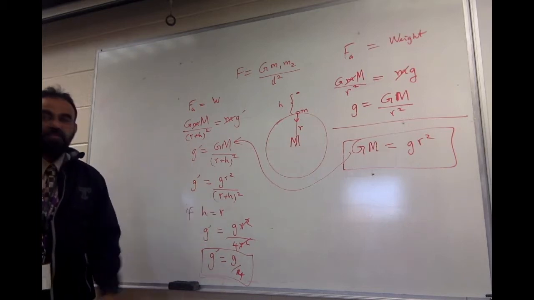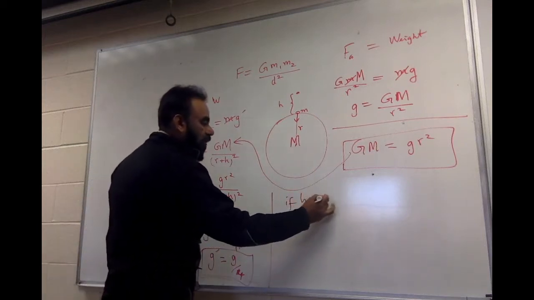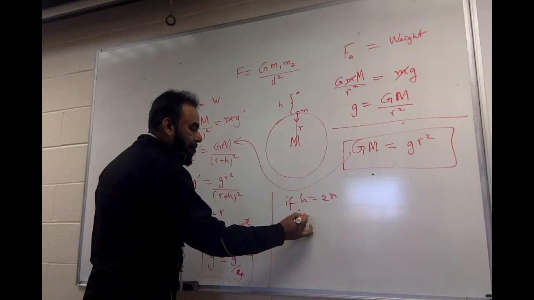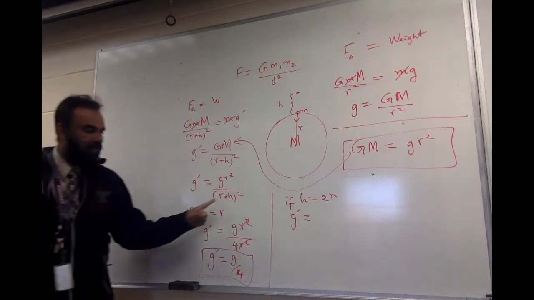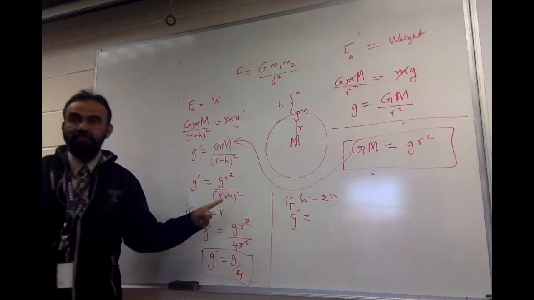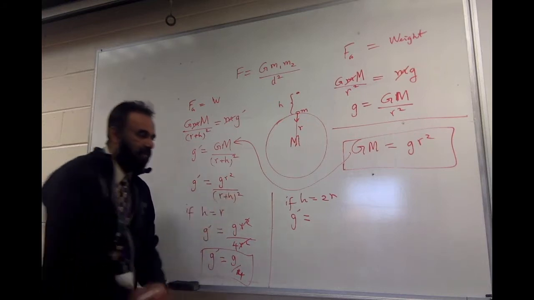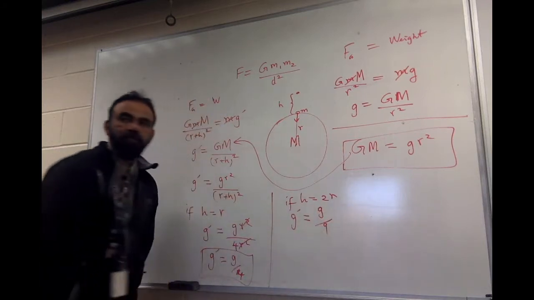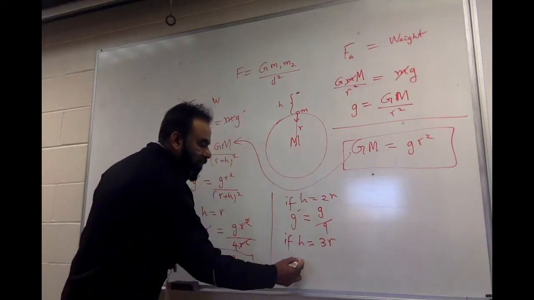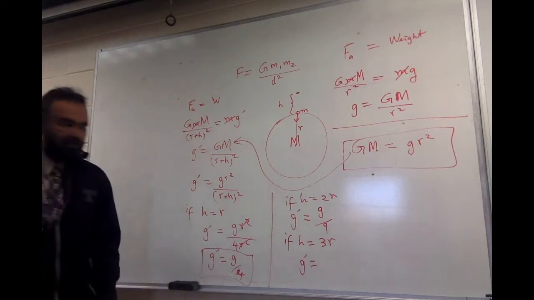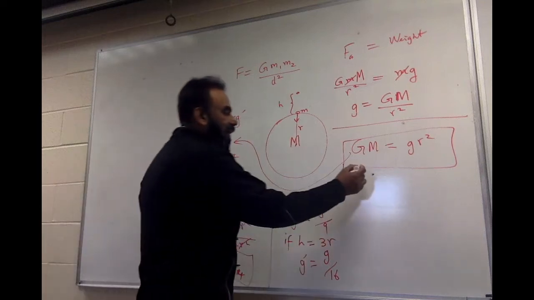Now you can see what happens if h is 2r. If h is 2r, what is g prime? The entire distance now becomes 3r, so 9. So g over 9. And if h is equal to 3r, then it's g over 16. Make sense? And if I plot this on a graph,